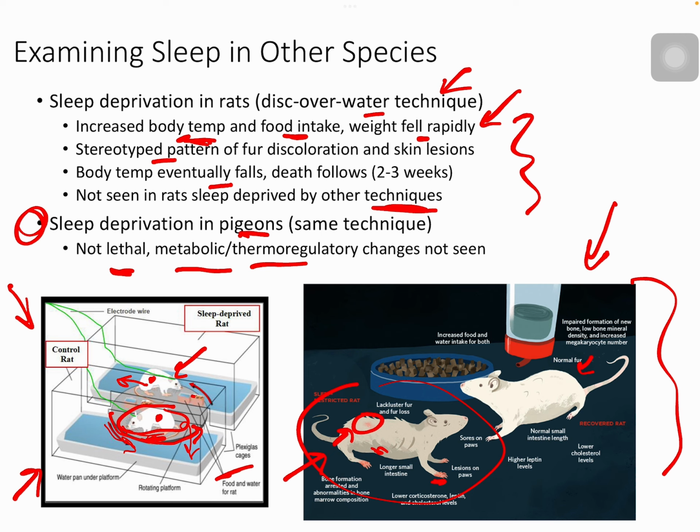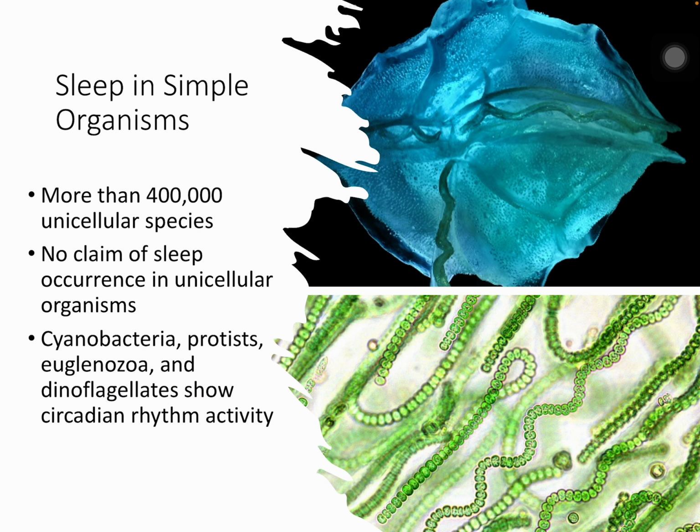So how we study an animal is very important. Our criteria that we list is very important. And all of these can change the effects of and our conclusion if the animal is sleeping and how it's sleeping. Now, I'm going to pause here and I'm going to pick up on the next video.